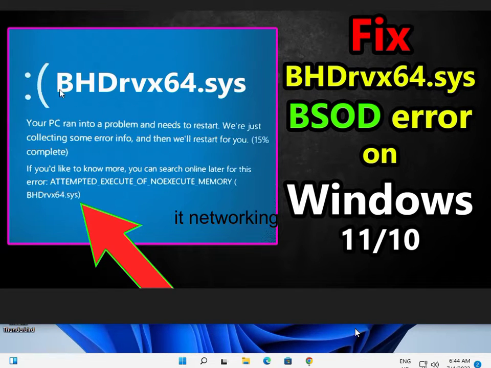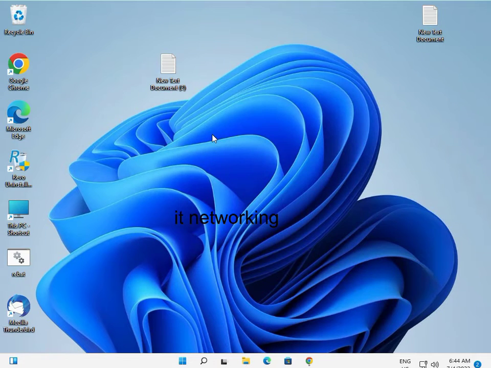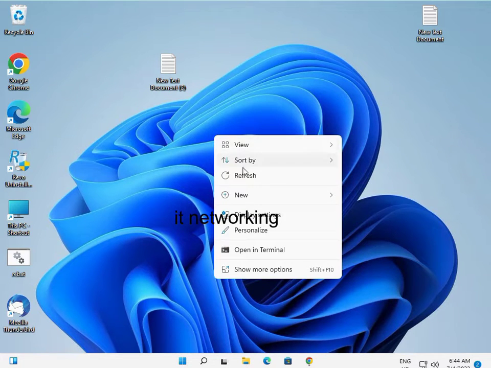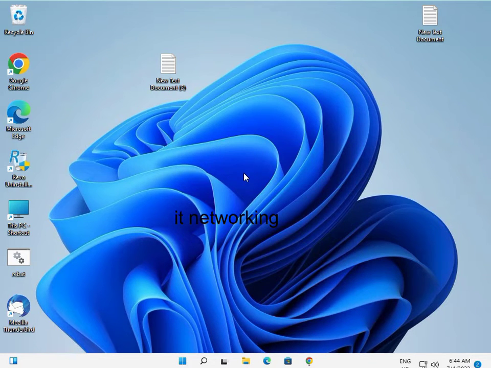So how to fix BHDrvx64.sys. This is the blue dump for Windows 10 and 11. Okay, so guys, I suggest you those blue dump only for getting your system's driver. So